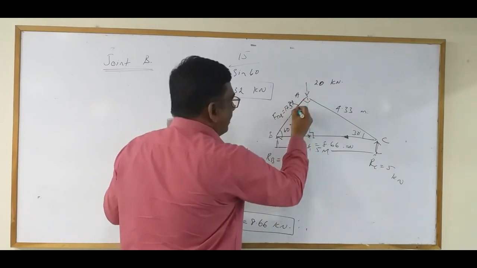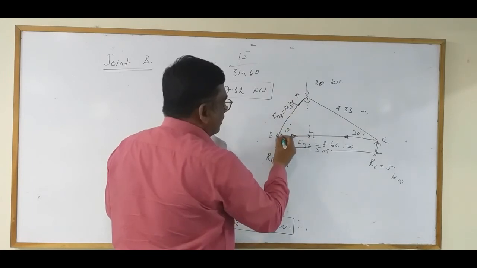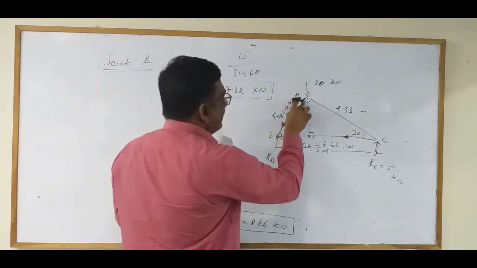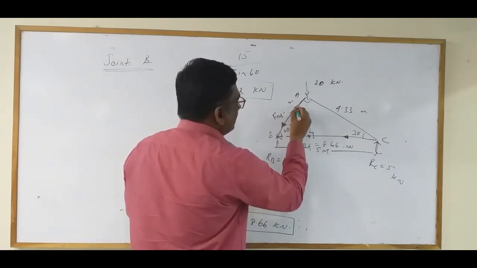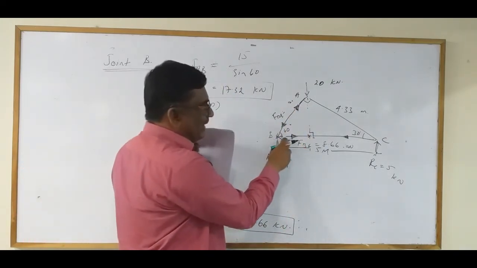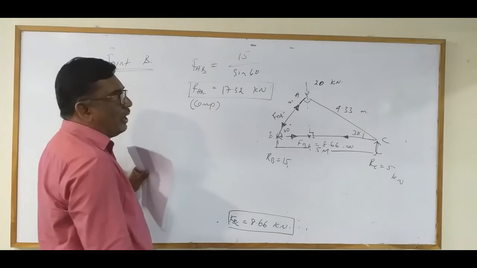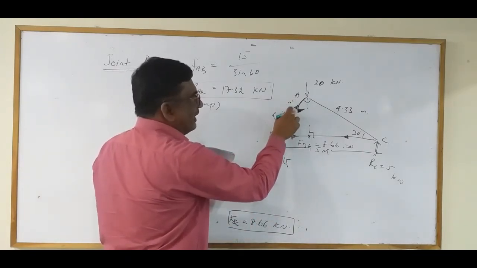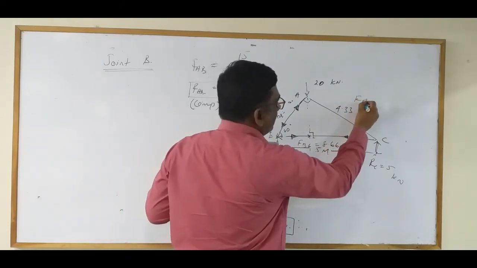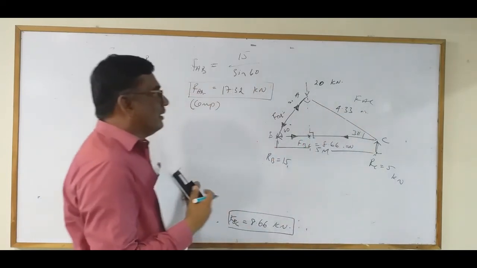At the same time, we have calculated the direction of FAB like this. So here we mark this direction this way. So each member, suppose we have calculated the direction from this joint, it is coming like that, so reverse that in the other direction. Now, we need not calculate the force again using joint A. One force is left, that is FAC. It is enough if we just find out this force, and the problem will be over.